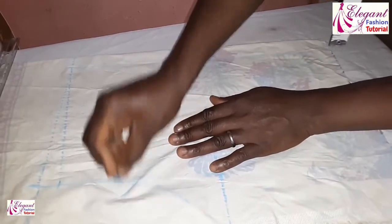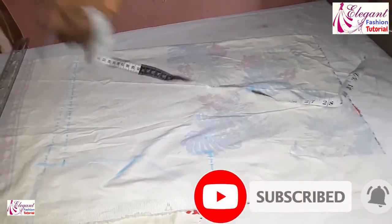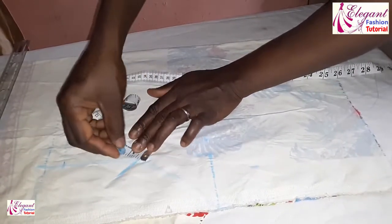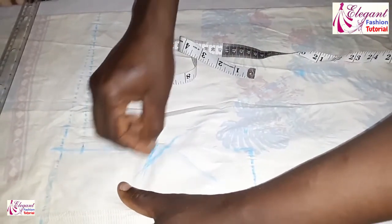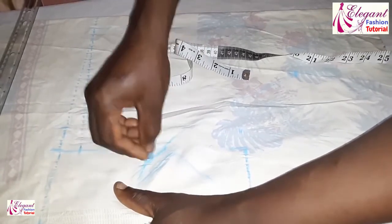Then I'll put an extension. Remember, we'll remove as well half inch here and half inch for this side as well. So to be having an extension like this,